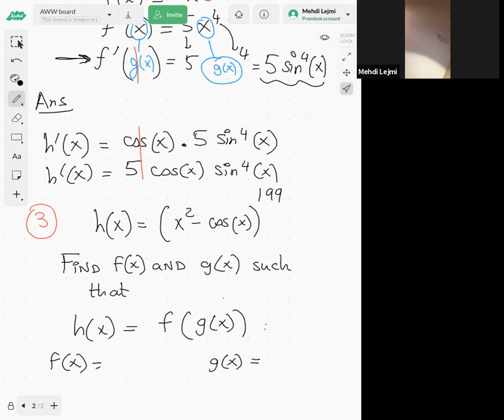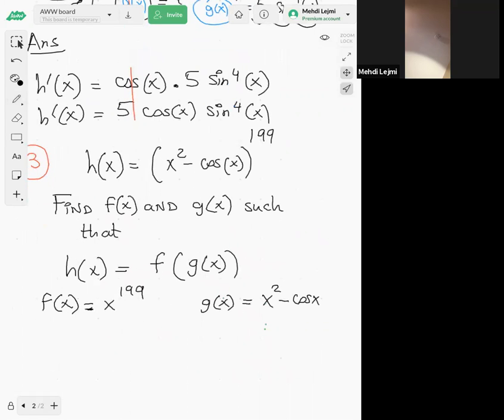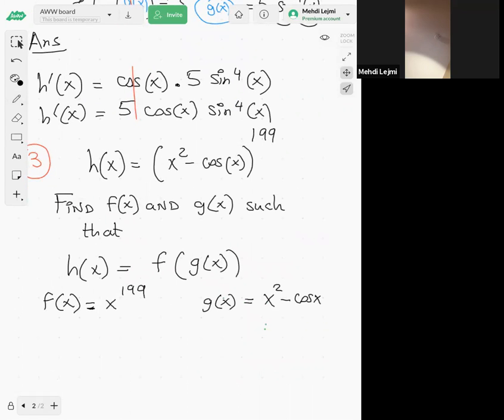Yes, Adrian. So f would be the power 199. Absolutely, f is x to the power 199. And what will be g? Then g would be x squared minus cosine of x. Yeah, Ibrahima, x squared minus cosine of x. Thank you. So if you do f of g of x,